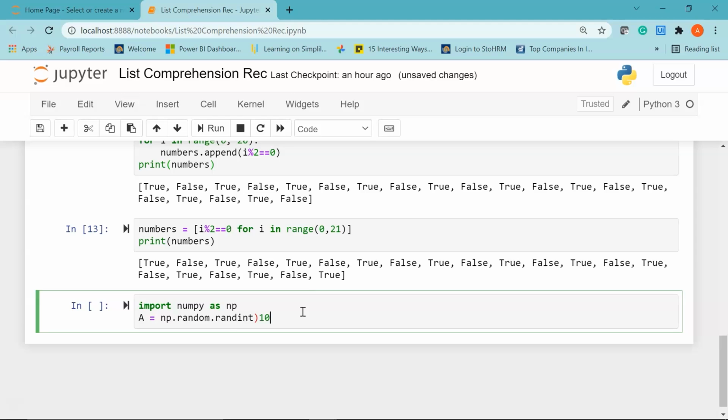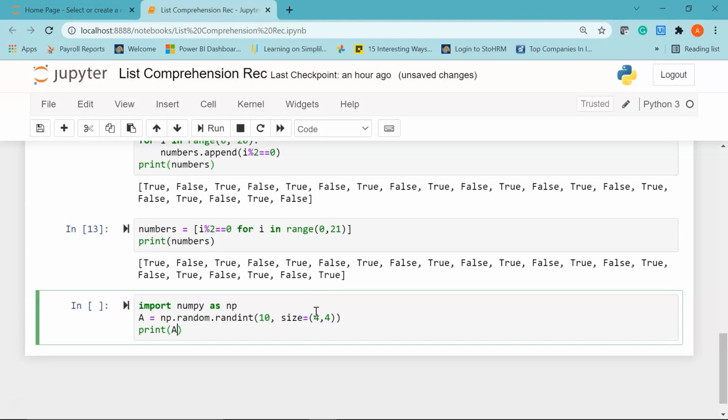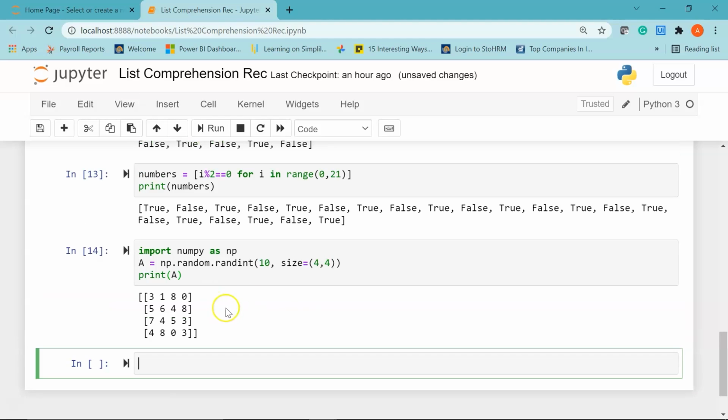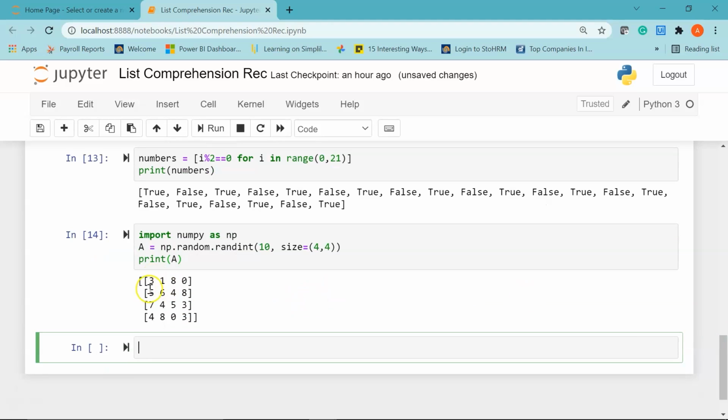Let's say 10. I want the numbers within 10, and I'll set the size to 4,4. I'll say print a. Now if I run it, you see here we have our randomly generated 4x4 matrix where the elements lie within 0 to 10.